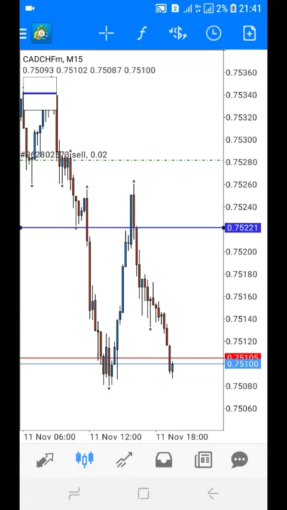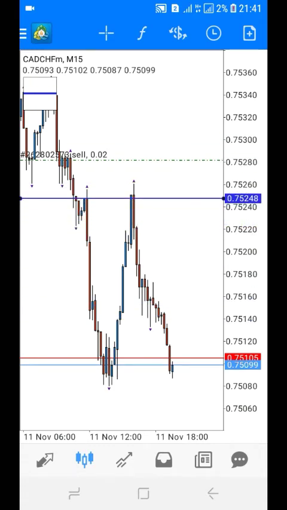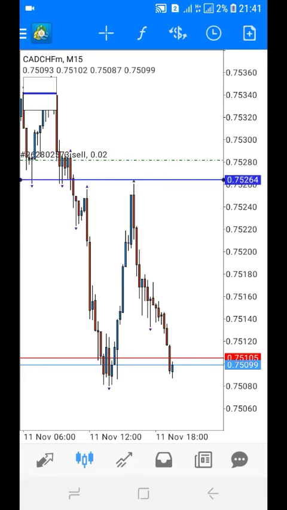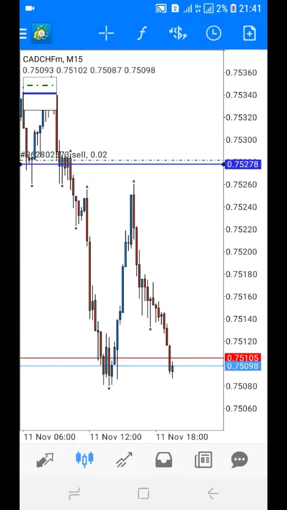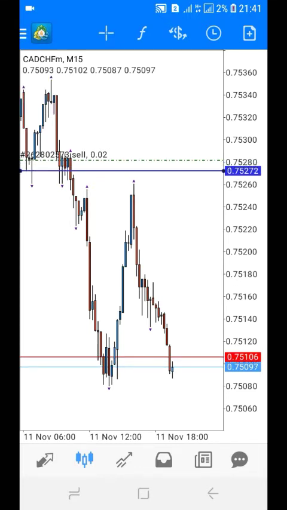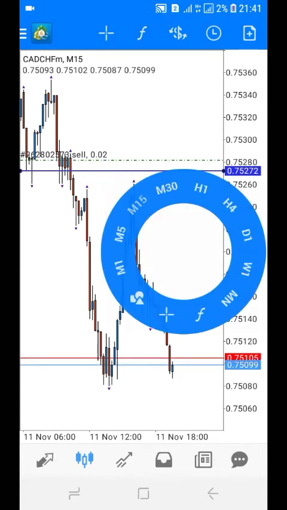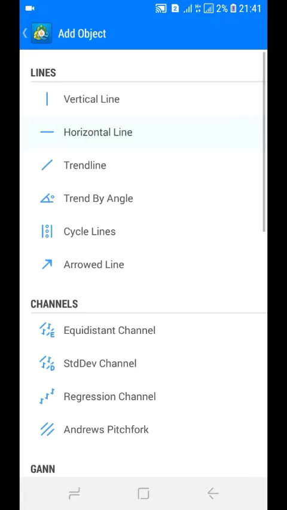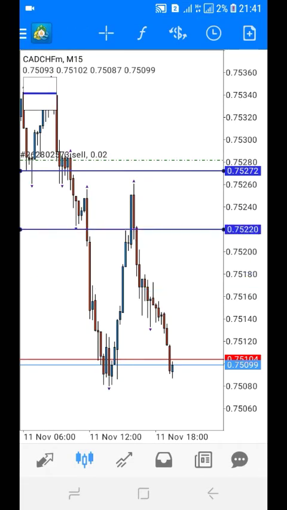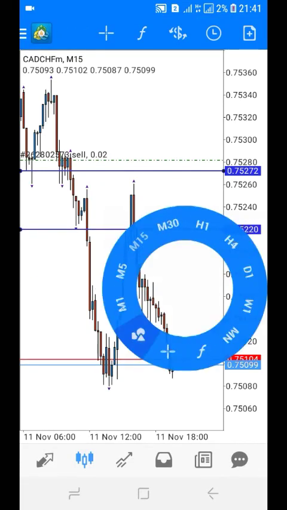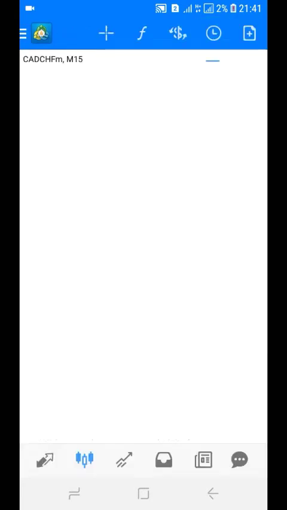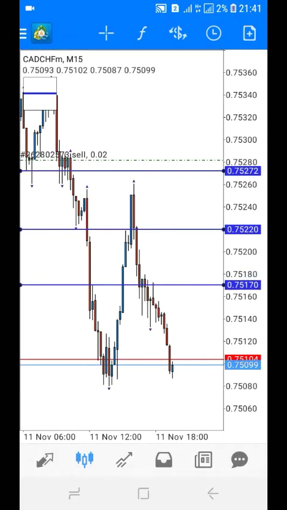Now I have to lock my profit at break even. Even if it's here, it's fine. If you have placed your stop loss here on one trade, on another trade around here, and on another trade here,